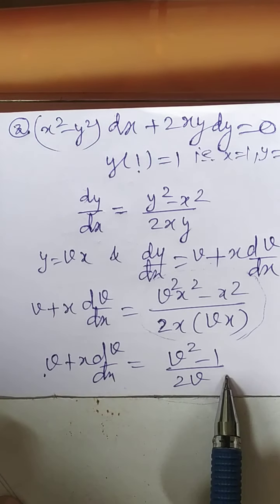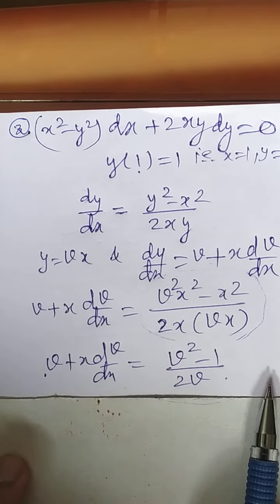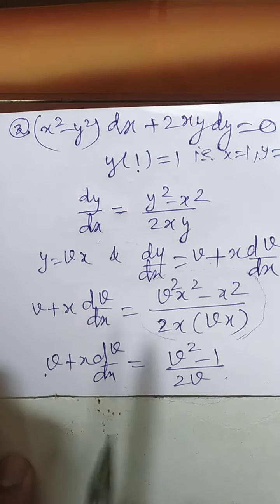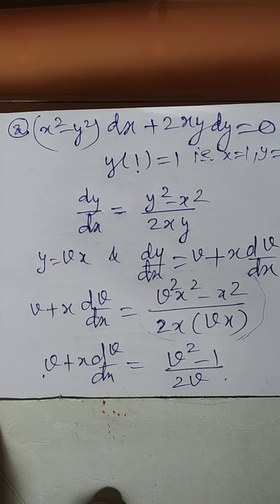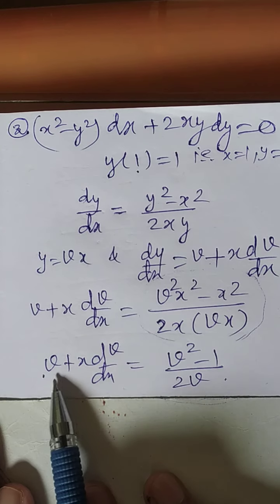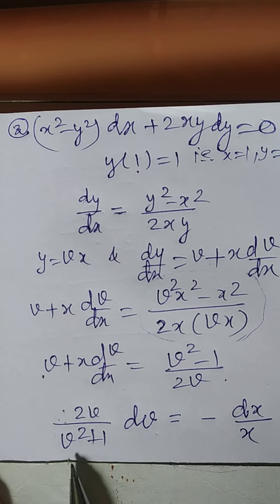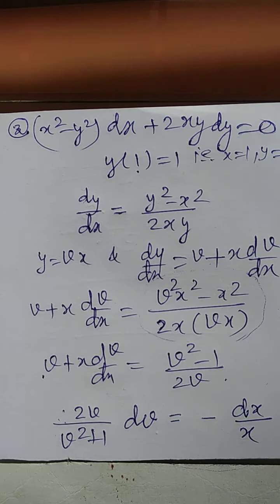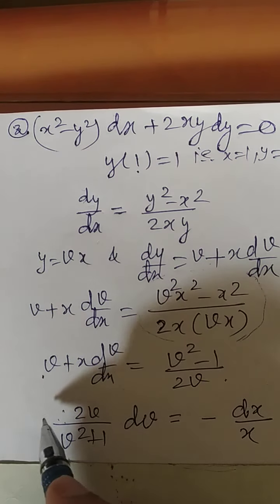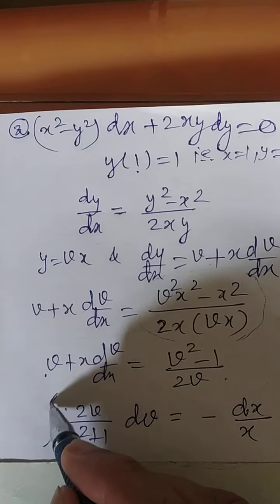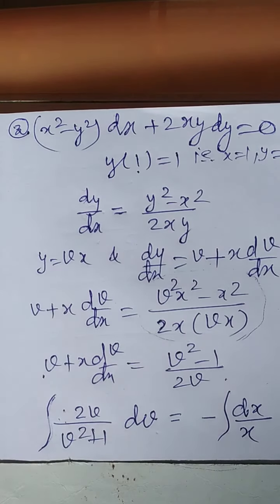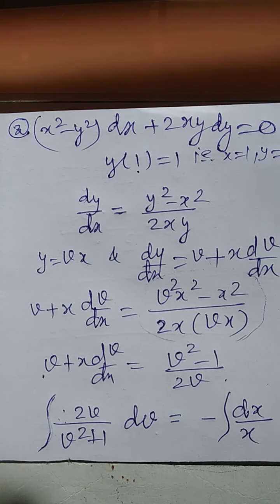Look here, v square minus v upon 2v. This v can be shifted to the right side. Shift this, arrange it and convert it to the dv by dx pattern. Now you know how to convert this. You can shift v to the right side and take an LCM. I think your variable is converted into separable form. Just check back. Now once it is in variable separable form, you can integrate it. And you know the better way of simplifying the left hand side and the right hand side.